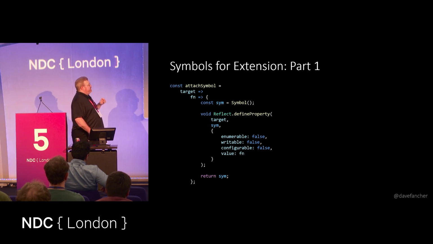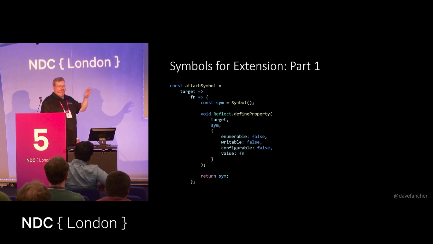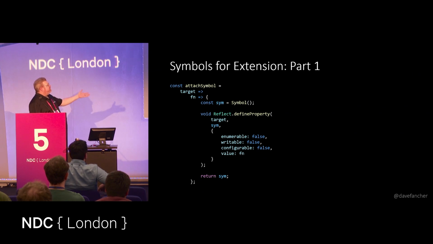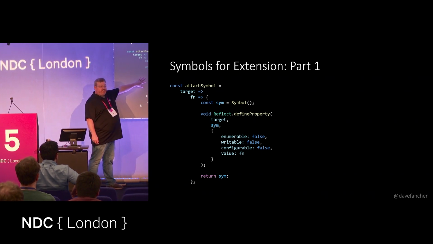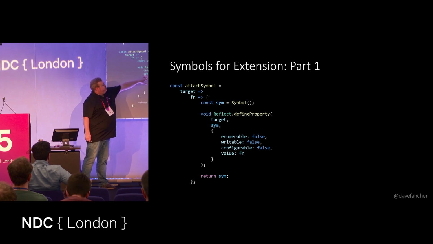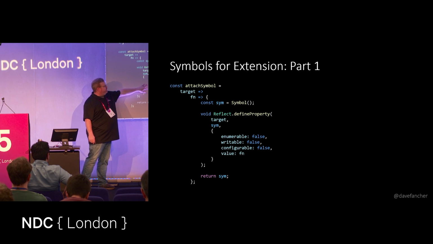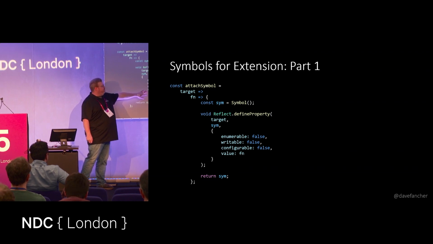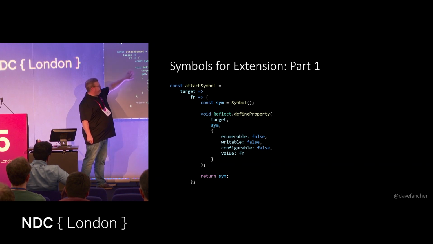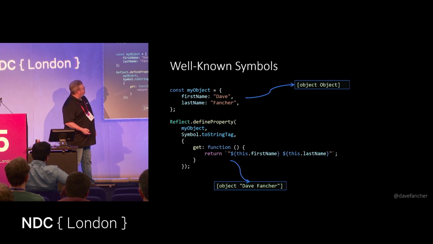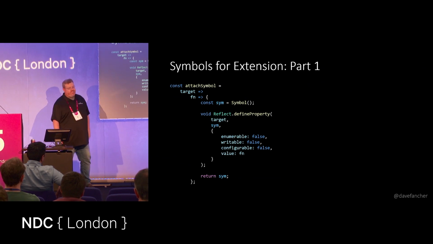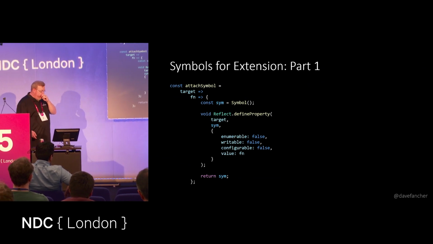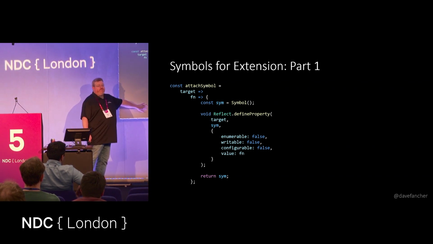So take this function, another higher order function. attachSymbol accepts a target and a function, and then it returns a function that accepts a function that does something, and returns a symbol. We create our symbol, we attach it to our target object through Reflect.defineProperty. It's not enumerable, not writable, not configurable, but the value is just that function. So just like what we did back here, we're just doing this as a function. We can start attaching symbols that are just defined as we need them, and we return that symbol. So now we have a reference to that symbol,